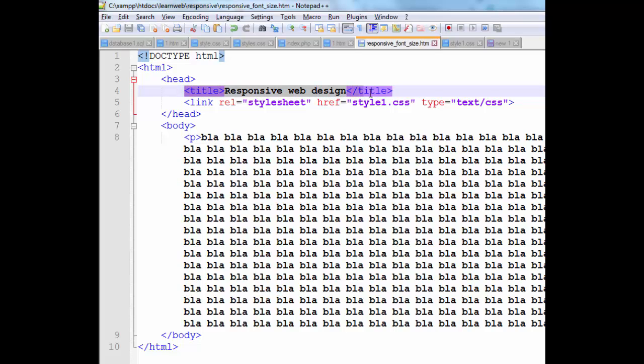Inside, meta tags, title: responsive web design, and closed HTML title. Then a link, the HTML tag for link and its arguments. Link equal